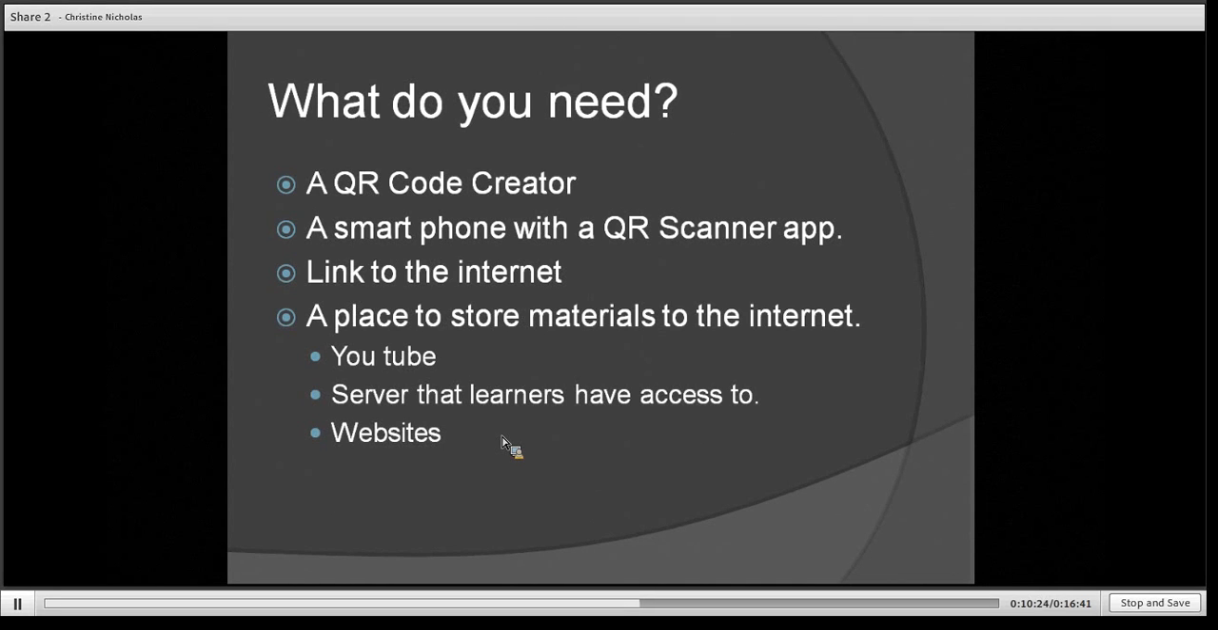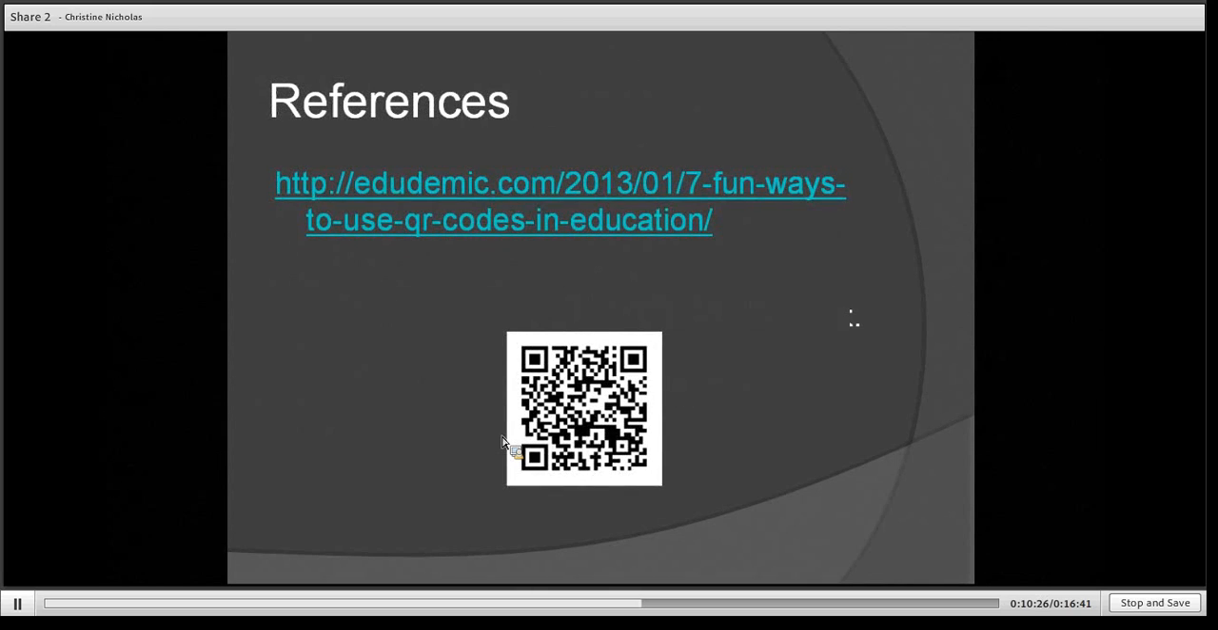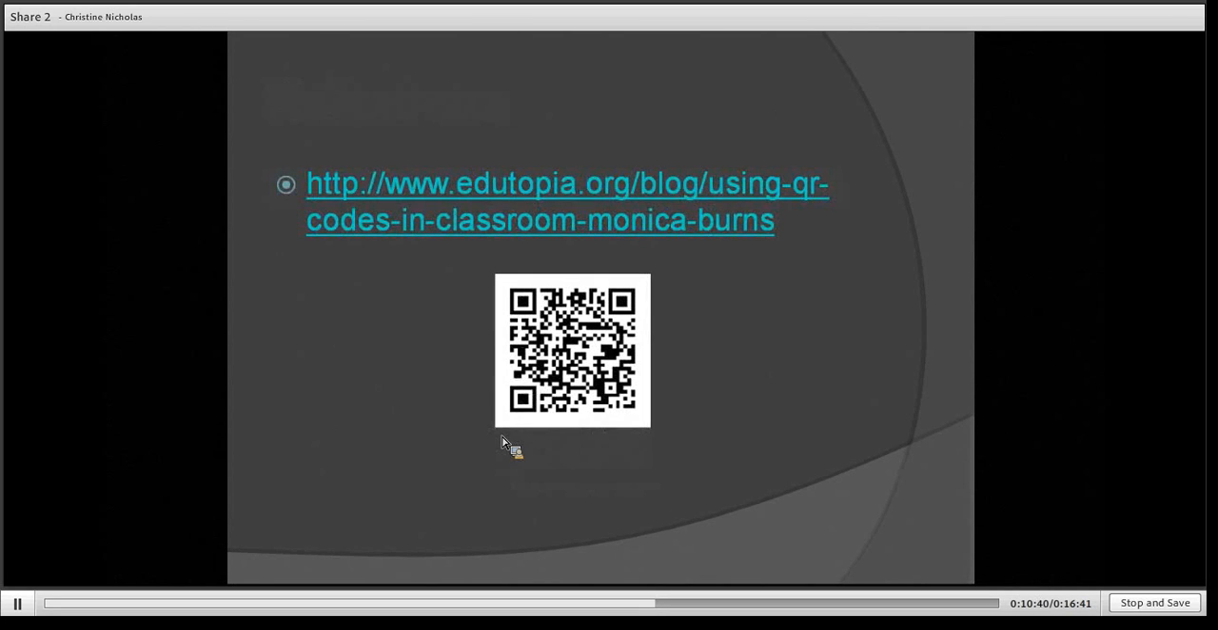These are some of the references that I used to develop my presentation. 7 Fun Ways to Use QR Codes. And again, if you've got a QR code scanner, you can scan that, and it will take you straight to that site. This was an interesting one from Monica Burns, using QR codes in the classroom. Another one was